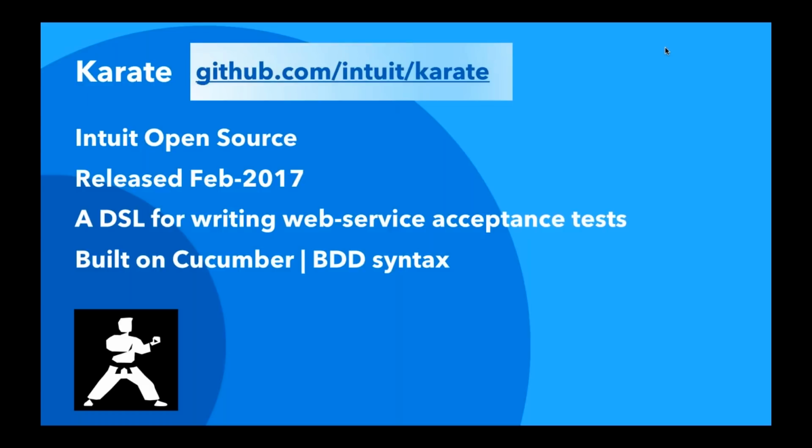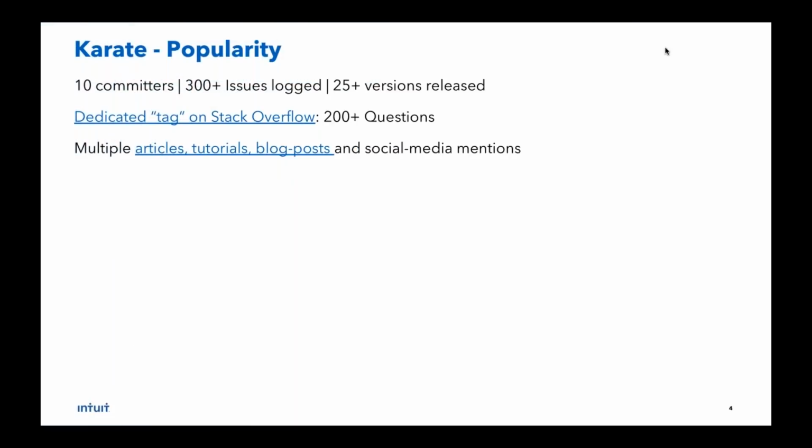Karate happens to be based on Cucumber. Some of you would have used it and are aware of it. It is pretty much a popular tool for test automation. And so one of the things that you would see in the examples and in the demos is that Karate actually inherits the BDD syntax. Most of you know the given, when, then pattern of expressing test cases. So you will see that.